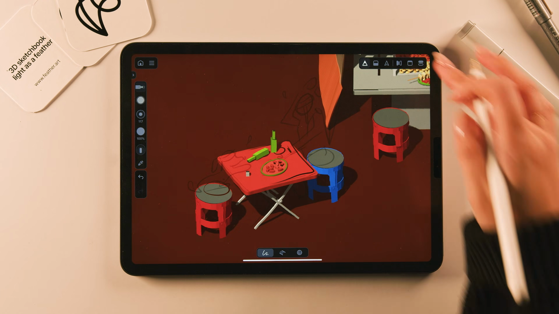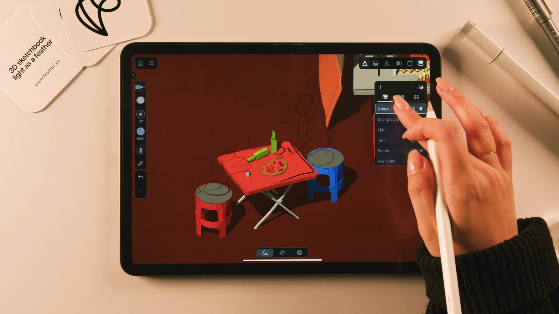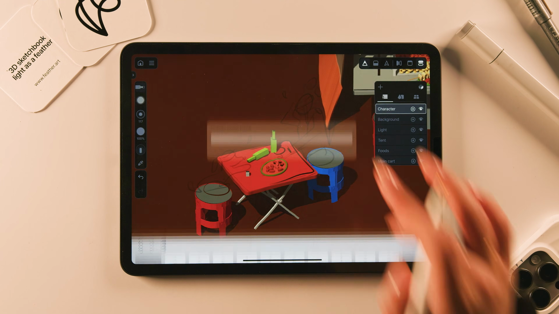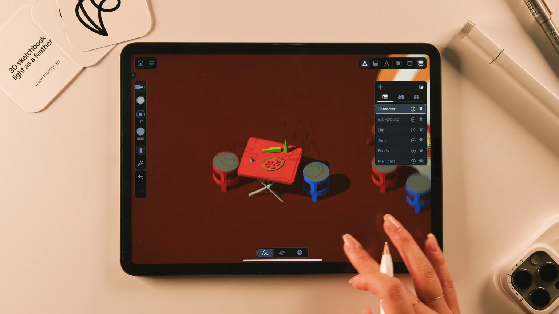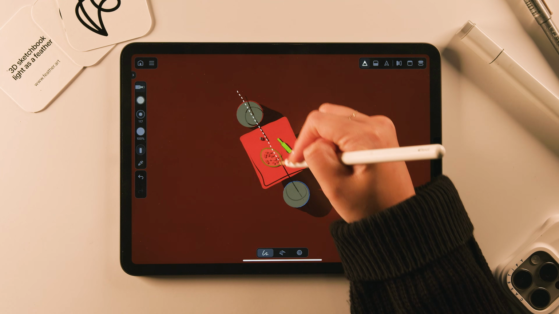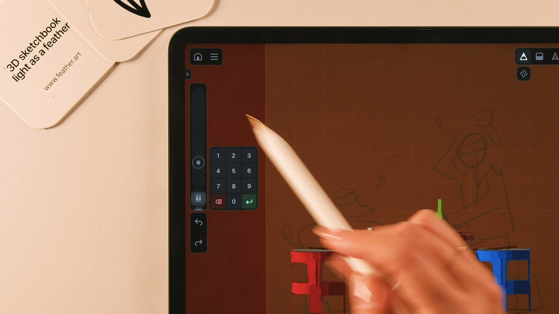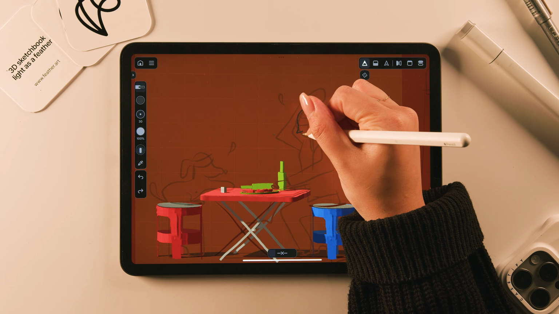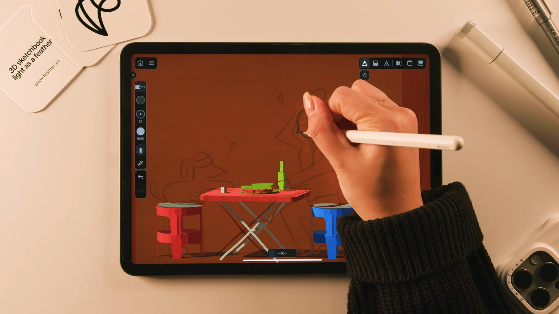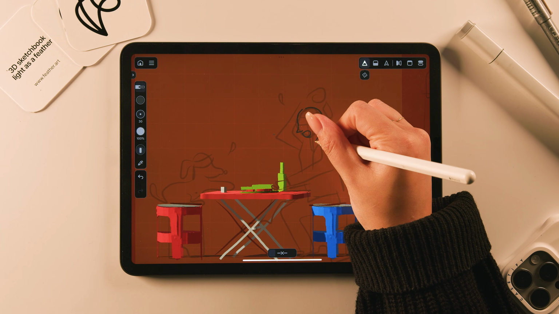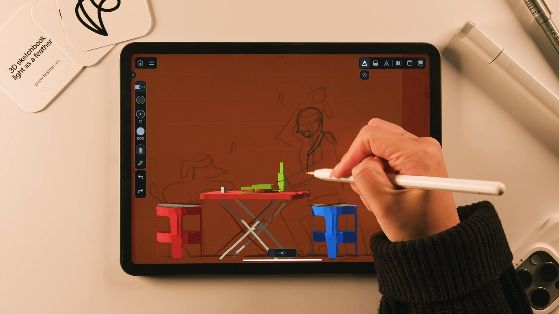We're almost there. Now, let's add a new group called Character and start drawing them. Draw a guide aligned to the center of the chair. Set the size to 30, change the color, and draw the face and body. Drawing characters in 2D with just a little bit of depth is an easy, effective way to make stories in